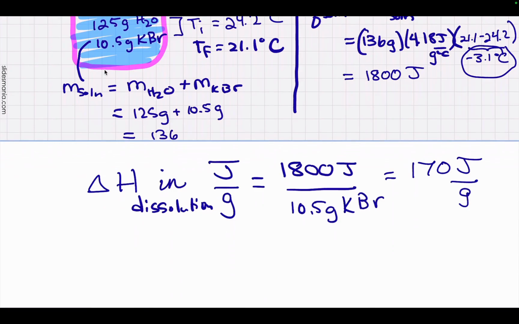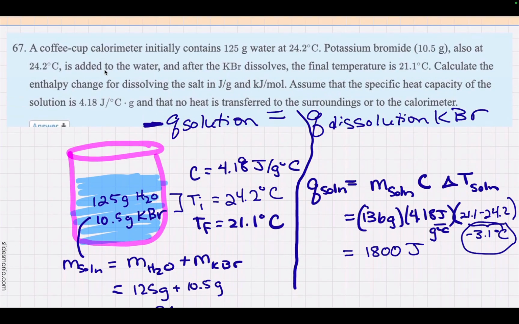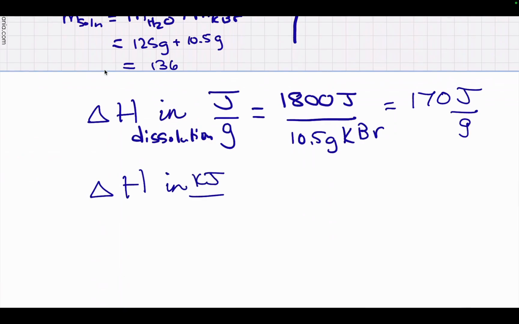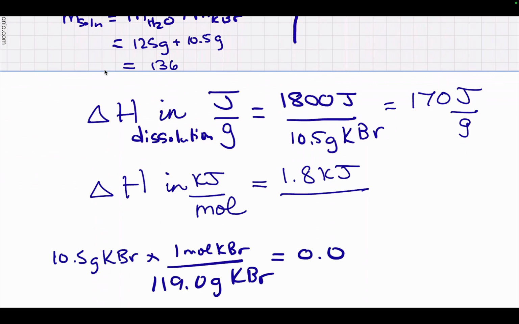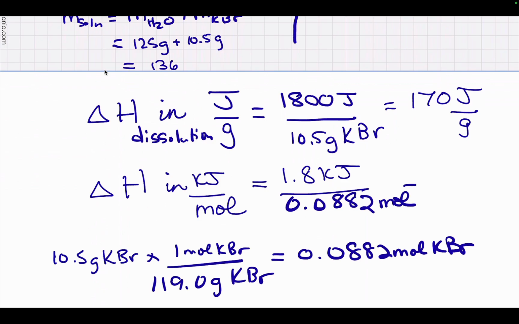The other thing that they want is the enthalpy change of dissolving or dissolution in kilojoules per mole. So that would be 1.8 kilojoules, and then I would want to do my mole calculation. Sometimes I do it right in the problem, but this time I'll take it out. One mole of potassium bromide has a molar mass of 119. So I get 0.0882 moles of potassium bromide. Both of these values are in terms of the dissolution of this particular salt. So now I can take 1.8 kilojoules per 0.0882 moles, and that would give me, with 2 sig figs,